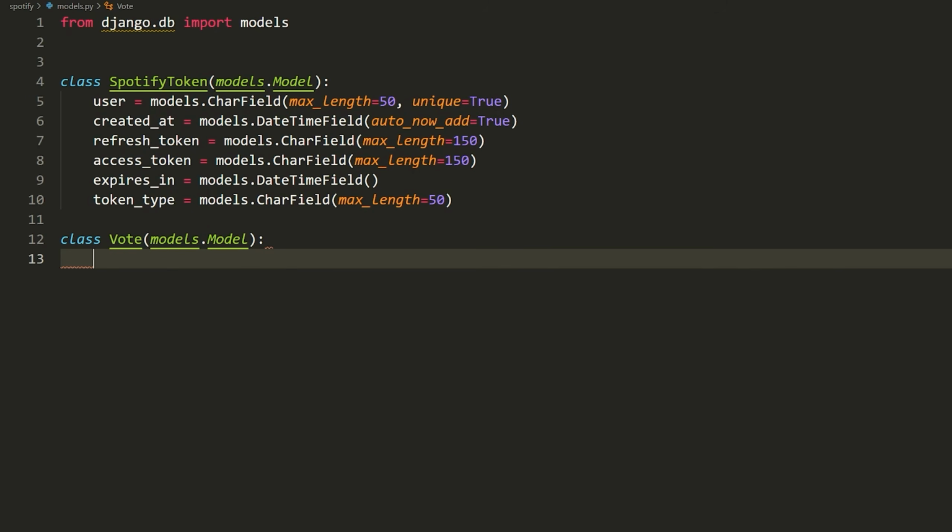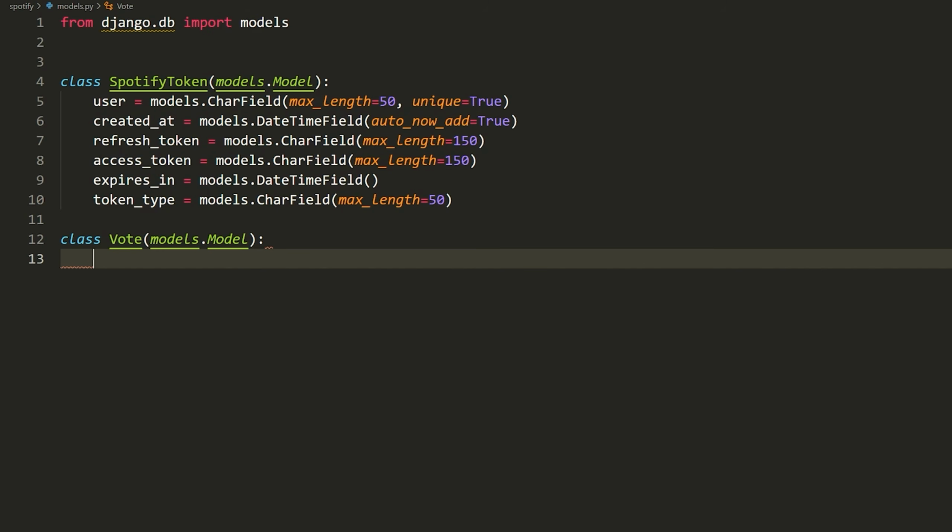So before I do this, let's just quickly think about what a vote really is and what issues we could run into here. I've kind of briefly discussed them at the beginning of the video. So when a user votes, they're voting to skip the current song. So this kind of can be a little bit difficult, right? Because if, say, someone votes, or 2 or 3 people vote, but the song doesn't get skipped because we didn't reach the number of votes required, and then all of a sudden the song plays all the way through and a new song comes on.